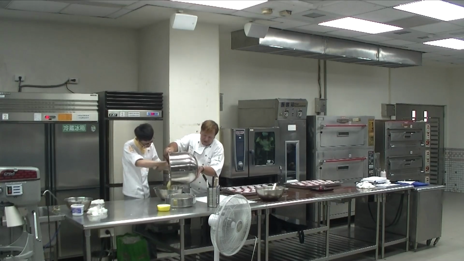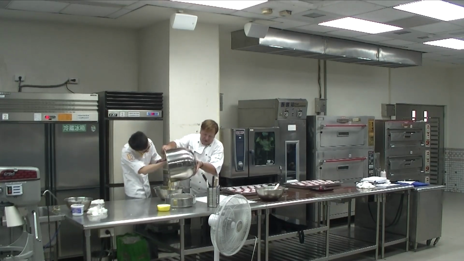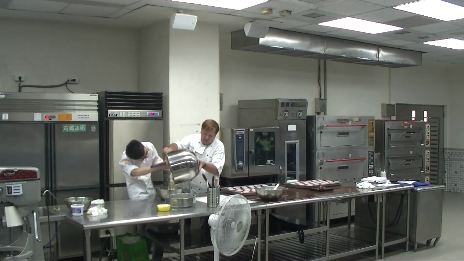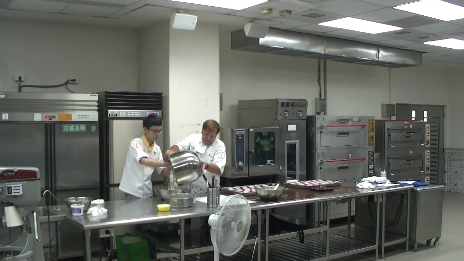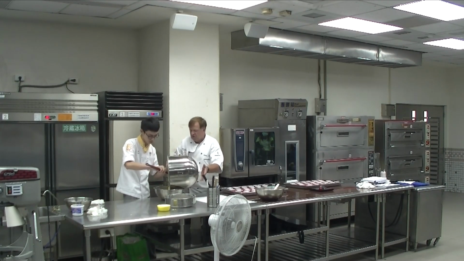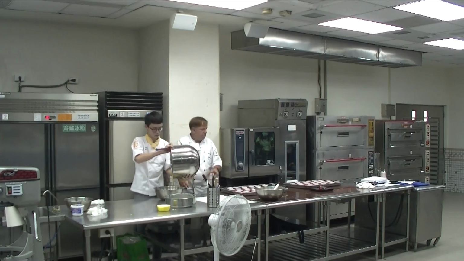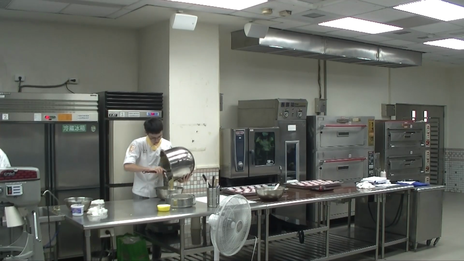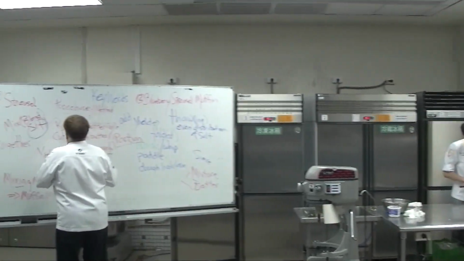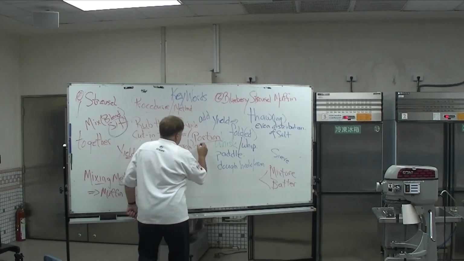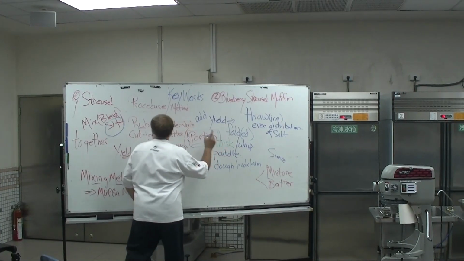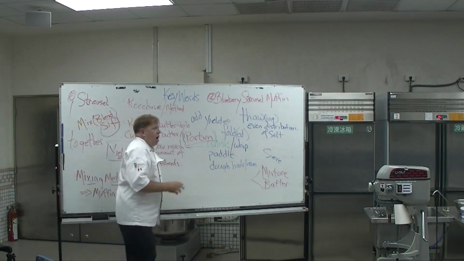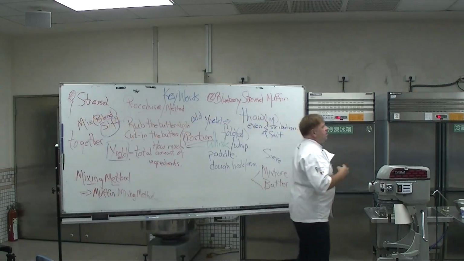So when I portion the mixture, what does that give me? What am I looking for? The outcome. What am I looking for when I portion something? Another word for portion could be, starts with the letter Y. Portion or yield. Either or. How many portions does it make? What is the yield of the recipe?